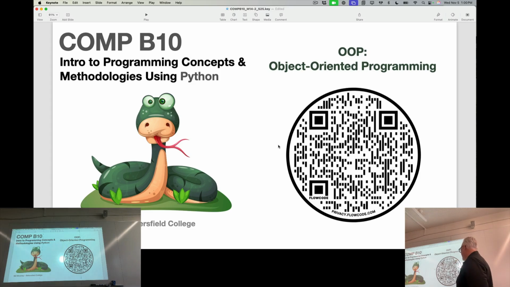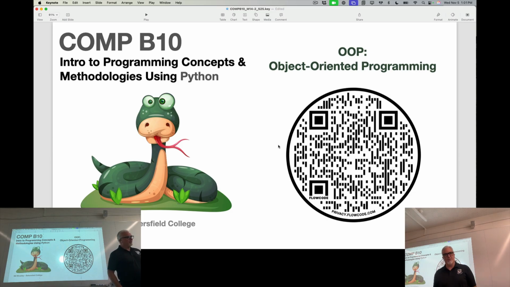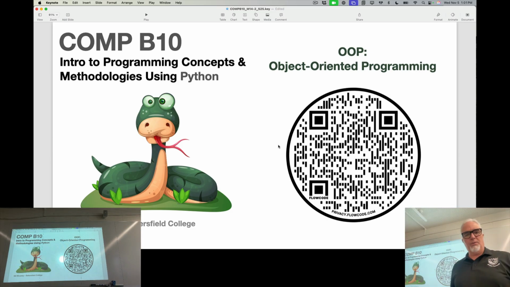So we're going to jump back into Module 14, which is object-oriented programming. And I covered a lot of information last time, so if your head is swimming a little bit, that's okay. We're going to add a few more concepts to that today, and then I'm going to spend a fairly large